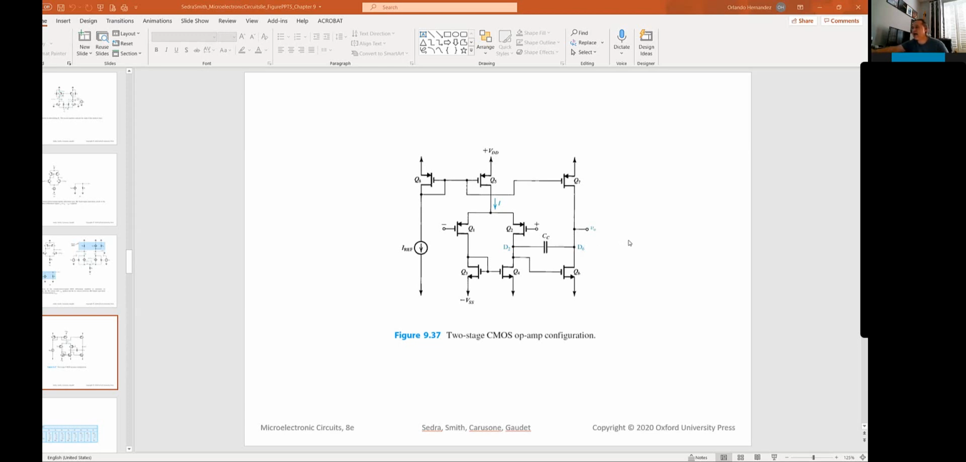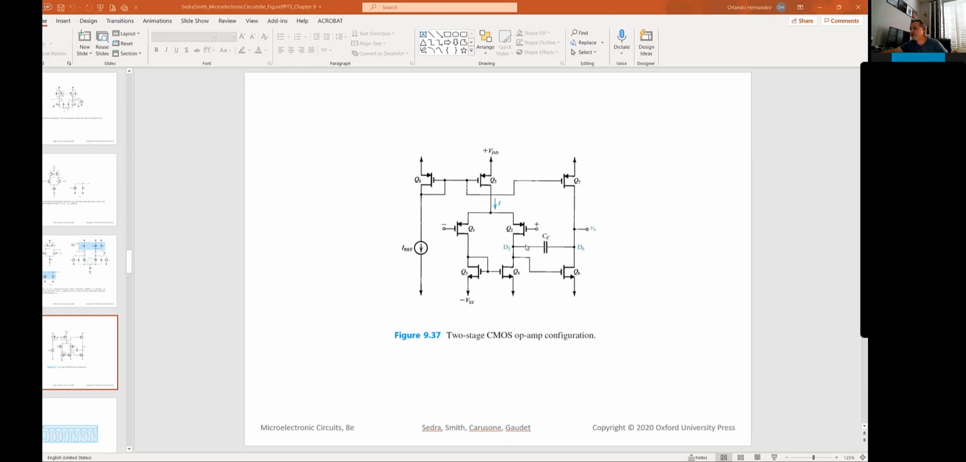So I could say that VO divided by the differential input, the voltage at the gate of Q2 minus the voltage at the gate of Q1, is equal to A1 times A2. And those are the expressions that I wrote before I switched screens. So this is a two-stage simple op amp. The only thing that I haven't told you about is this